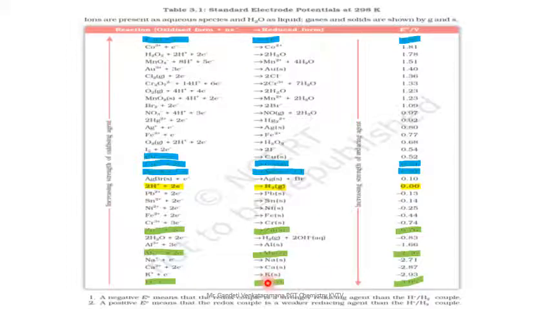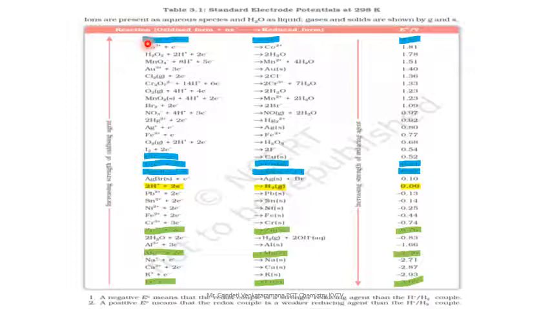Okay, not this one. Lithium plus is not a strong reducing agent. Lithium is a strong reducing agent, but the entire couple is a reducing couple. That is different again. Similarly, come here. Which is the strong oxidizing agent here? Then you go to the left hand side, fluorine. Fluorine is a strong